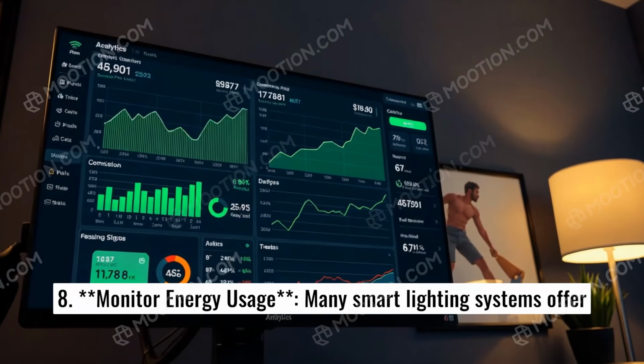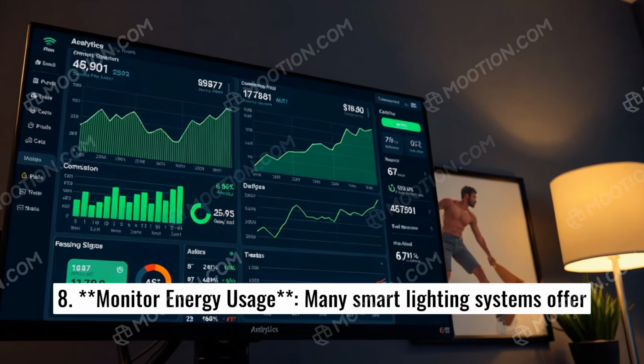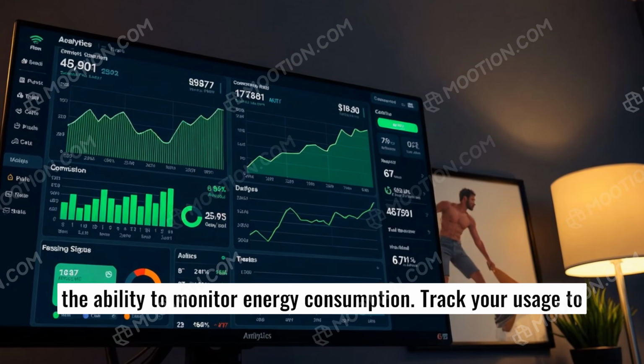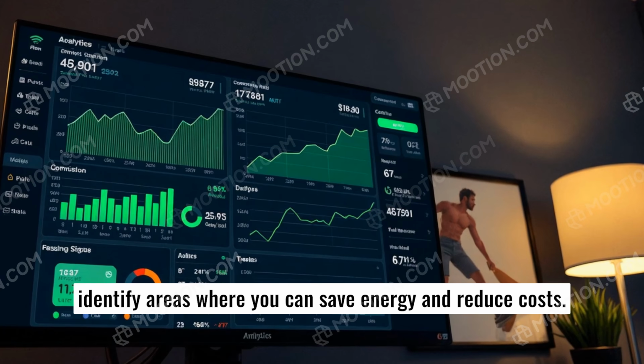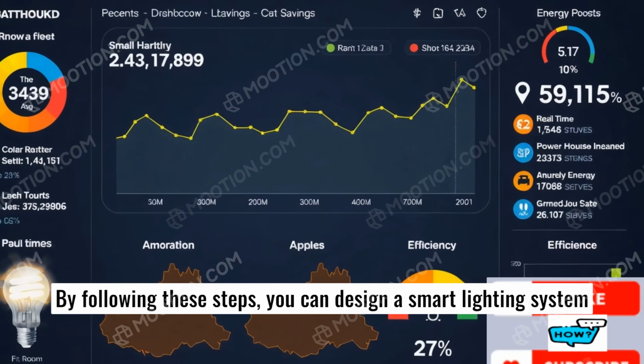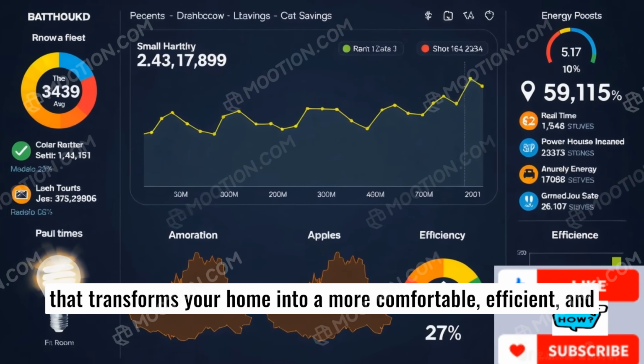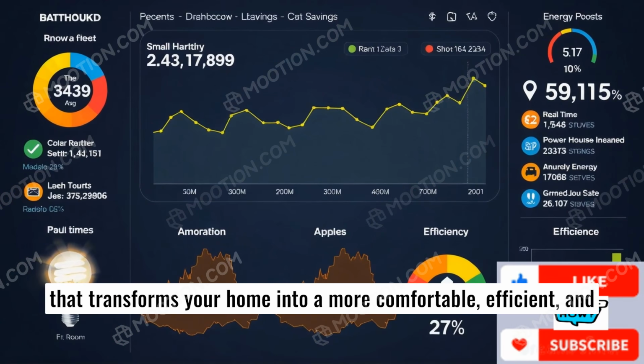8. Monitor energy usage. Many smart lighting systems offer the ability to monitor energy consumption. Track your usage to identify areas where you can save energy and reduce costs. By following these steps, you can design a smart lighting system that transforms your home into a more comfortable, efficient,